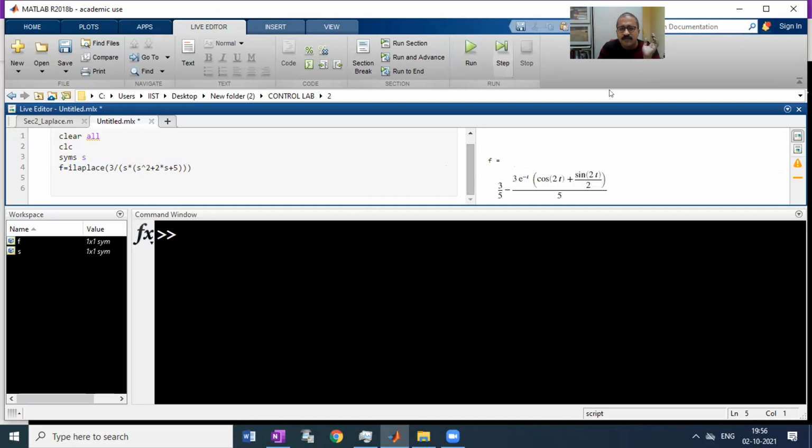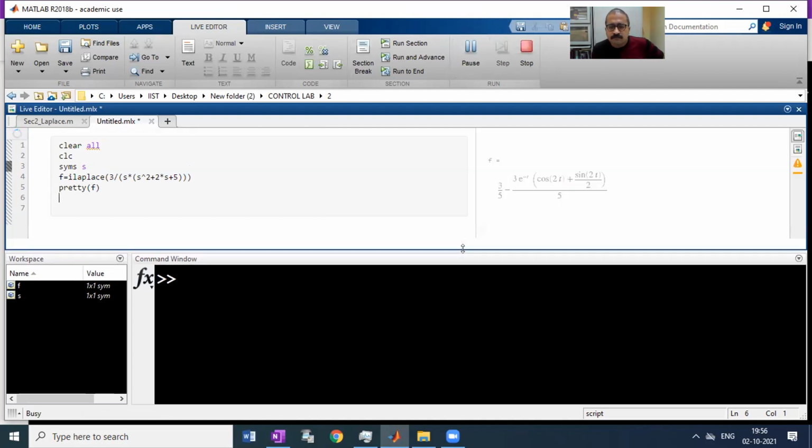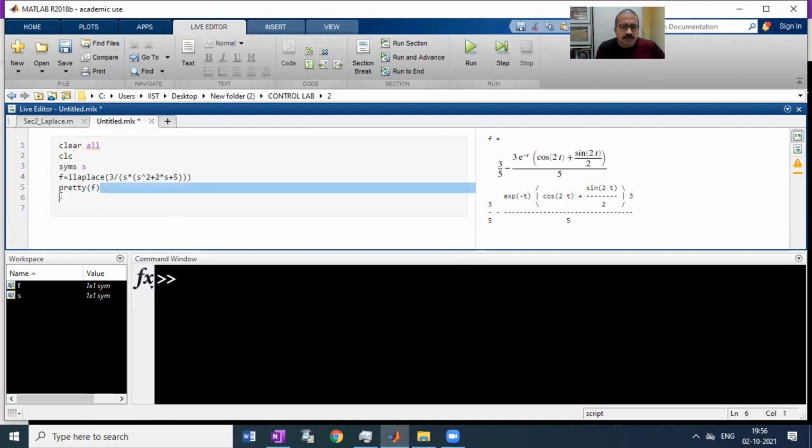Yeah, so this will be the answer. Okay, let me see if pretty f will work or not in this case. No. So in this version of MATLAB, it is advisable not to use pretty f.